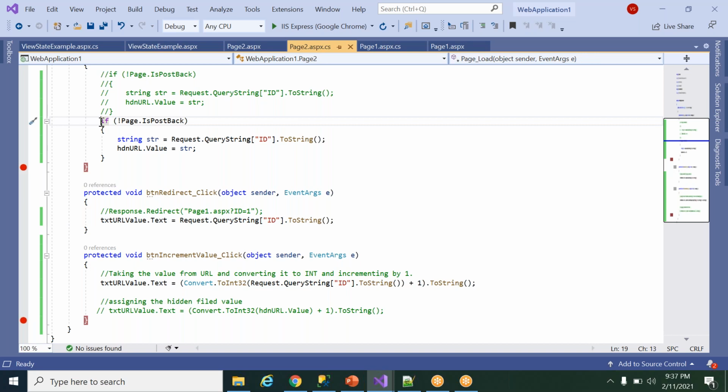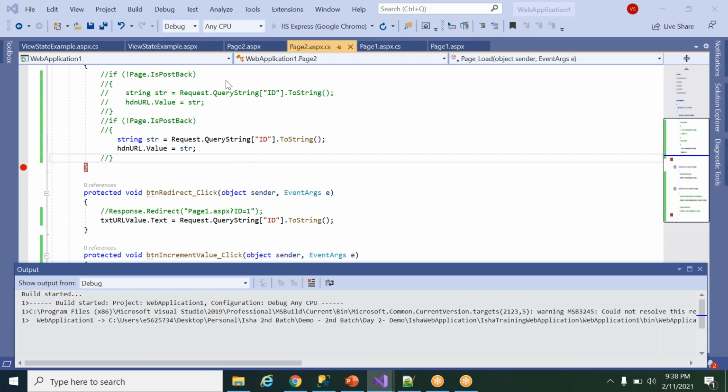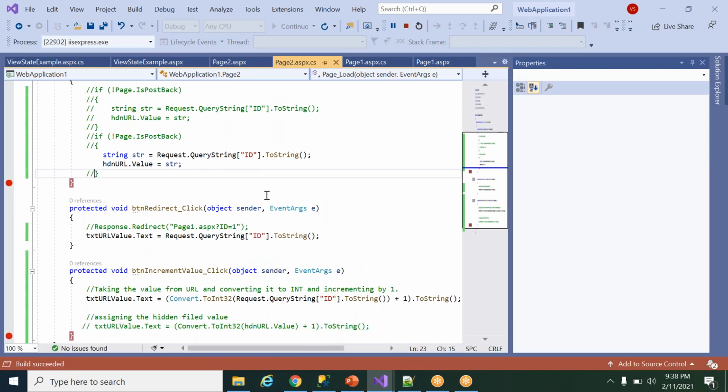Now I have one concept called IsPostBack. I'm commenting these two lines. Right. Now execute page 2 again, which will give the error now.